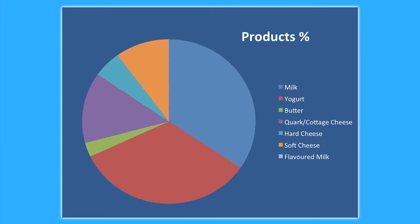The same for quark here in purple, that's the cottage cheese. That is a product that we also want to sell fairly quick. It has only about a three week shelf life. And then we have longer shelf life products like butter in green, and we have the hard cheese in blue, and the soft cheese in the